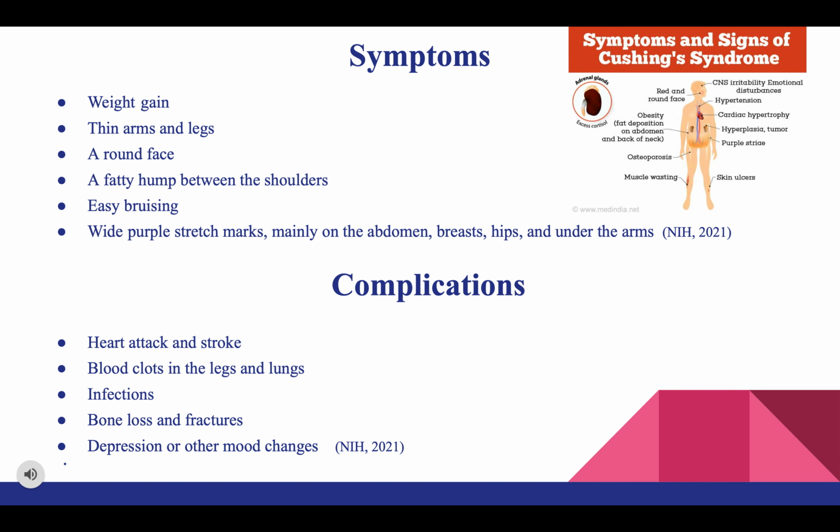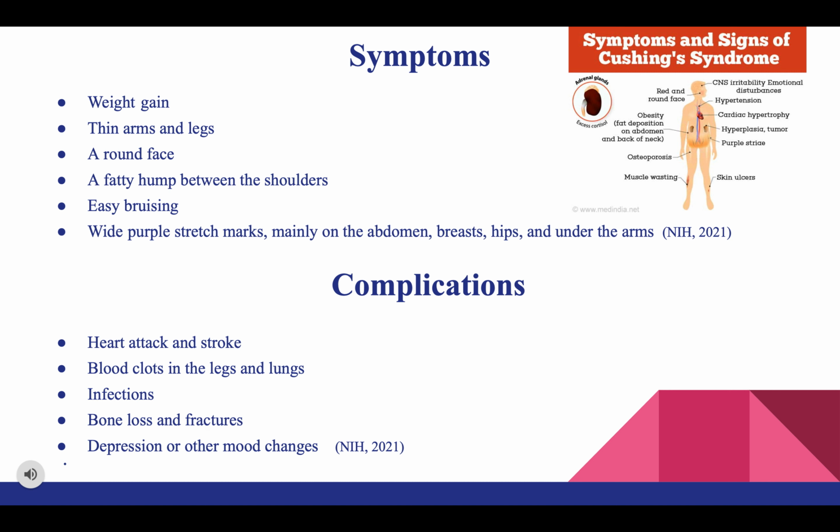Signs and symptoms of Cushing syndrome vary. People who have very high levels of cortisol for a long time are likely to have clear signs of the disorder, including weight gain, thin arms and legs, a round face, increased fat around the base of the neck, a fatty hump between the shoulders, easy bruising, wide purple stretch marks, mainly on the abdomen, breasts, hips, and under the